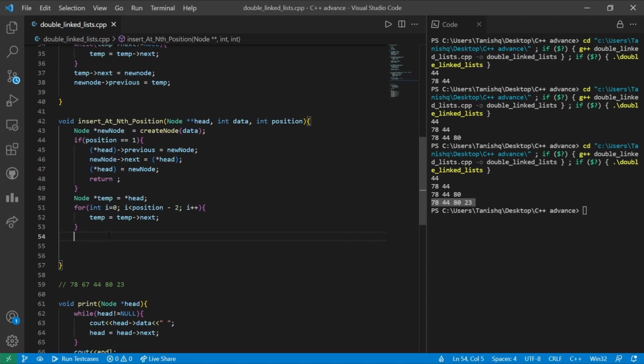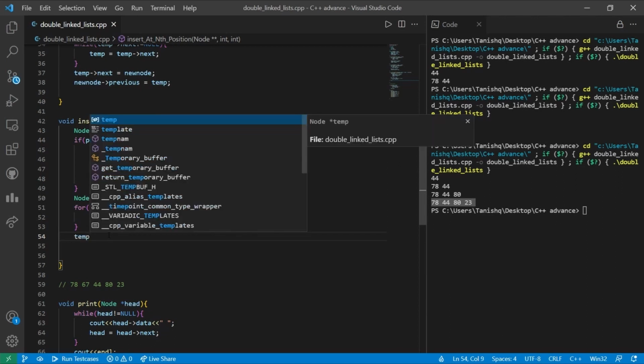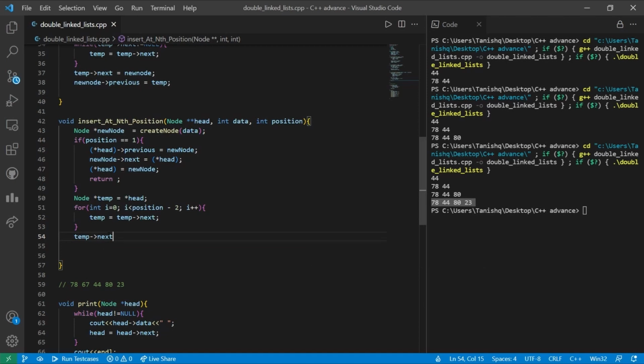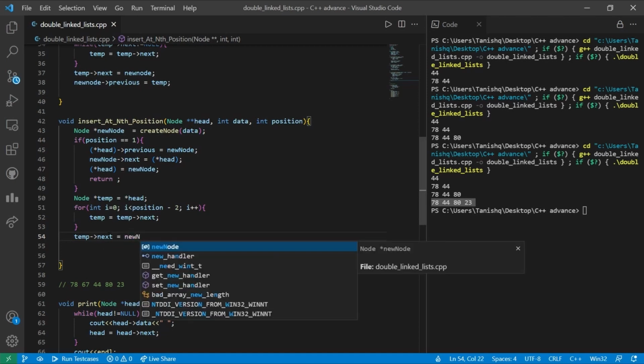and as mentioned earlier, we are supposed to make the new node's next pointer point toward the node after the temporary node. But just before that, let us make the temporary node point towards the new node. So, temp dot next is equal to new node.